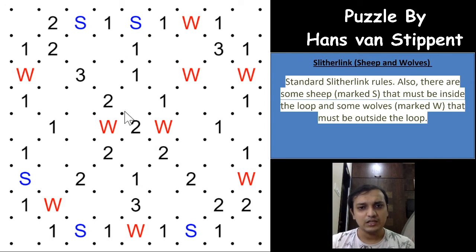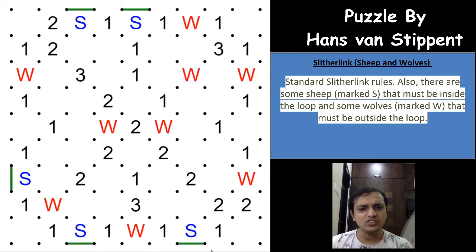For an S, you should have an odd number of loop segments in any particular direction towards the edge of the grid. So this is the edge, 1 2 3 4, this is the edge of the grid, and towards the edge of the grid an S will always have an odd number of loop segments. So if you have an S at an edge, and you know that S will always have an odd number of loop segments towards the edge of the grid, this loop segment will always be possible for the S.